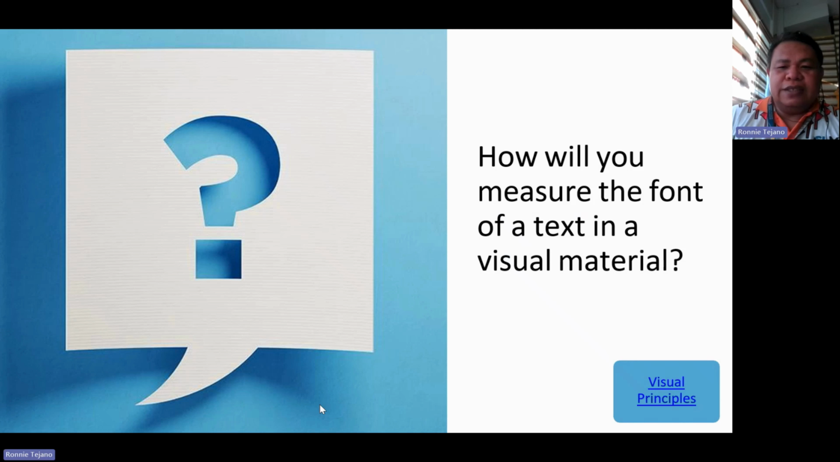To measure the font size of text in a visual material, we use the point system. Font size is typically specified in points. So 1 point is equal to 1/72 of an inch. In digital design software, you can usually find the font size setting